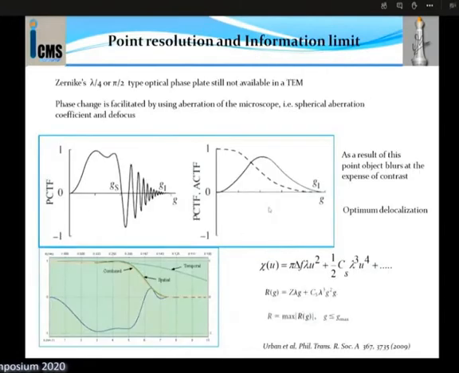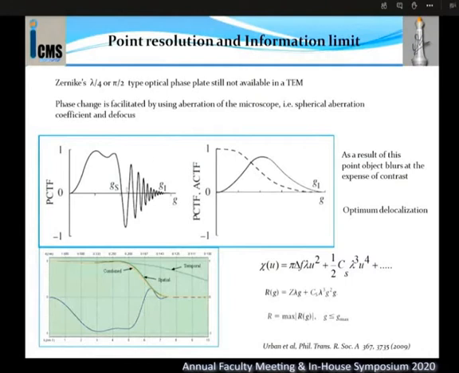In the presence of the aberration, we don't have Zernike-like phase plates in the electron microscope. So we make use of this combination of Cs and defocus to basically apply phase contrast. And in the presence of aberration, we define resolution by using the PCTF, the phase contrast transfer function. The first zero crossing of the PCTF gives the point resolution g_s, and g_i is the information limit. The information between g_s and g_i is not straightforward. It cannot be accessed directly.